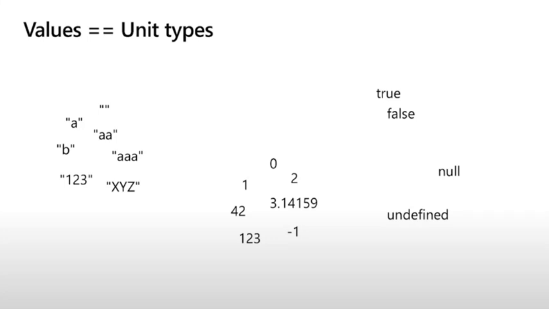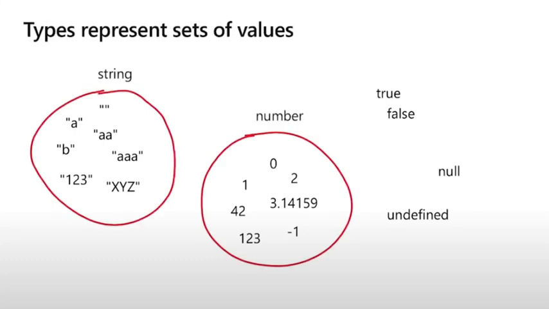Now, in TypeScript, all of these values are also types. There's a type called 42, and it has one possible value, the value 42. And these are called unit types, and everything sort of comes from that. And then there are different categories of types. So the string type is actually all unit types that are strings, and the number category is all unit types that are numbers. And then we have type constructors that allow you to make more complex types out of that,